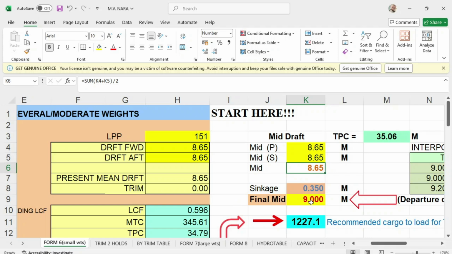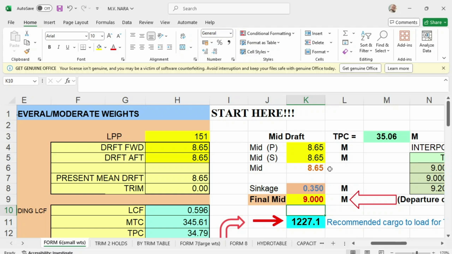Now the departure draft was 9 meters, right? So put here 9 meters. So you will find here the sinkage. This 9 meters minus your mid draft is your sinkage, which is 35 centimeters.